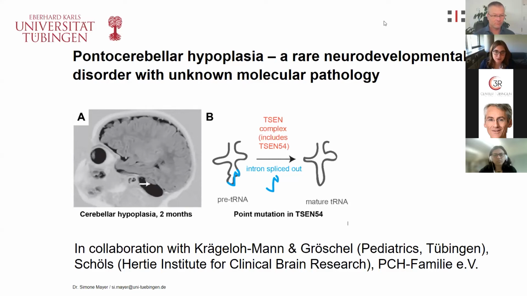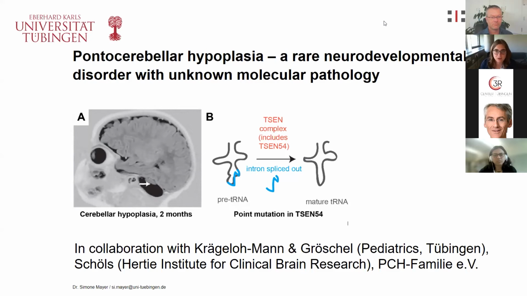And CEN54 is part of a complex called the CEN complex, which is involved in splicing introns out of tRNAs. So some pre-tRNAs have introns that need to be spliced out in order to generate a mature tRNA, which is used for protein translation. And this is defective, probably, when there's this point mutation in CEN54 and leads to this very severe but also very brain region specific